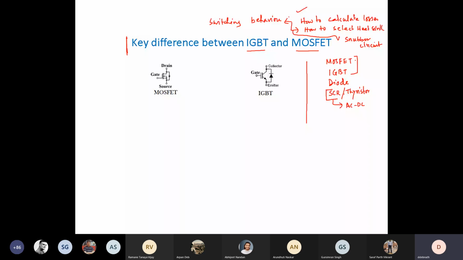For that you have to understand what I'm discussing, like what is the difference between IGBT and MOSFET, and what is the difference between thyristor and MOSFET. So those things you just study. Okay. So let me quickly tell you some differences between IGBT and MOSFET. Basically, IGBT is a combination of MOSFET plus BJT. Its switching is similar to MOSFET, but its conduction is quite similar to BJT. So one of the key differences: MOSFET always comes with an inbuilt body diode. Here it will be added externally if required, right?